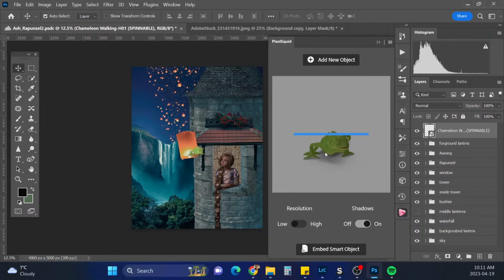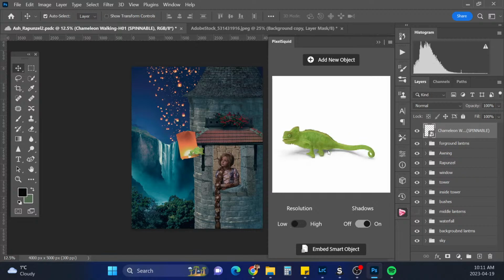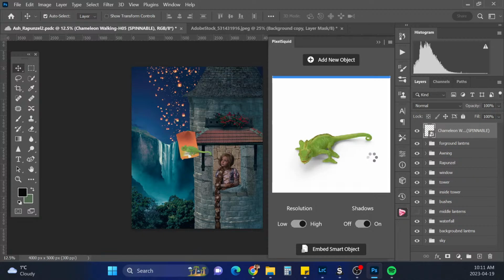I'm just going to turn him around. Let's keep the shadows on for this one and put the resolution high. Okay. We kind of want him maybe like that.